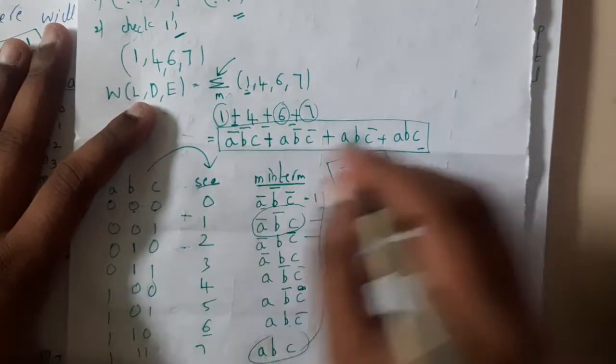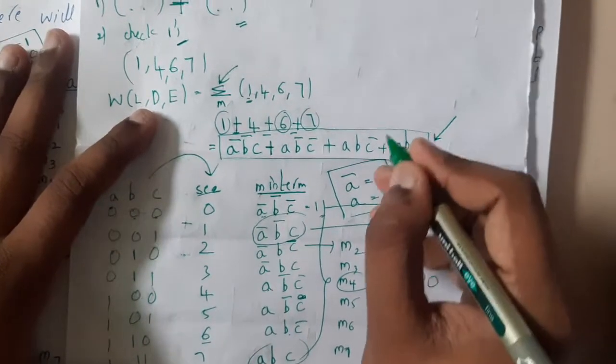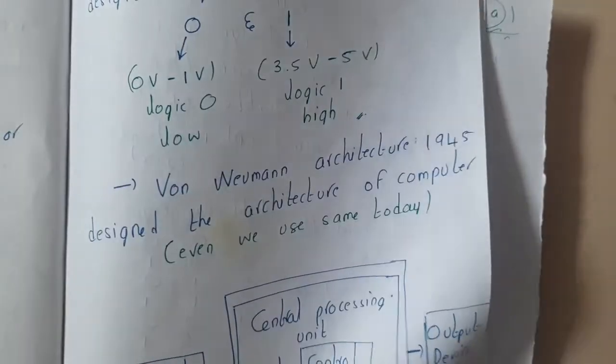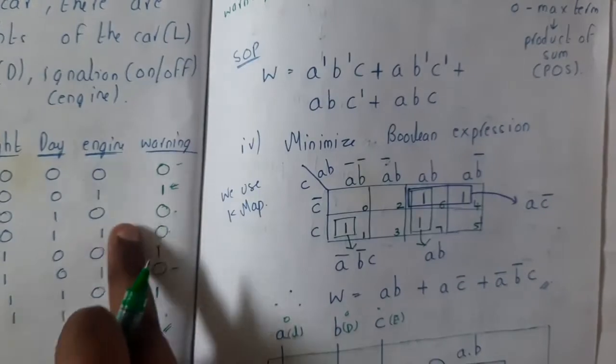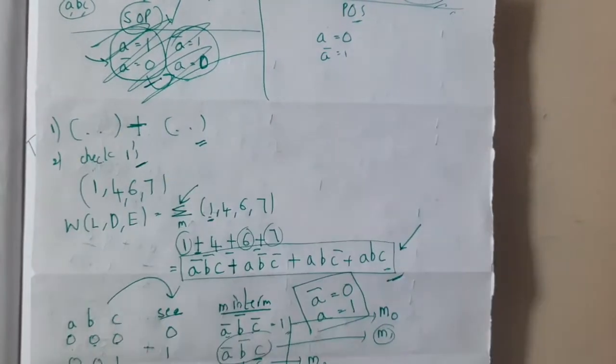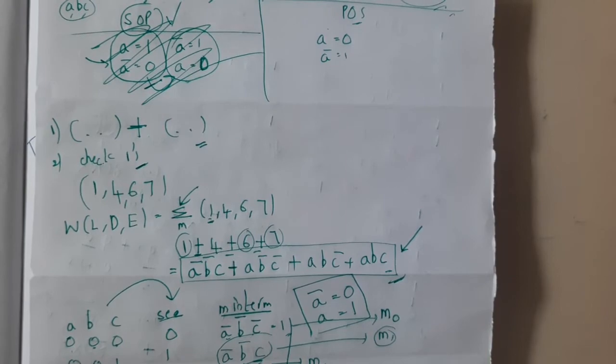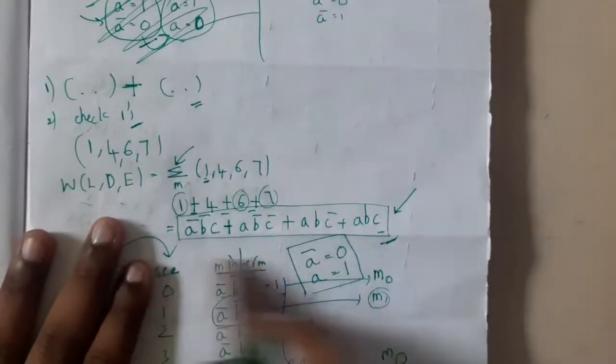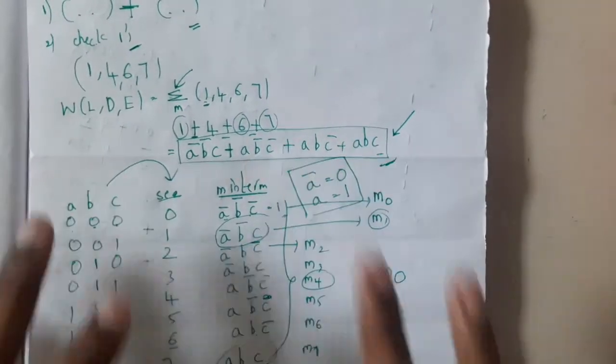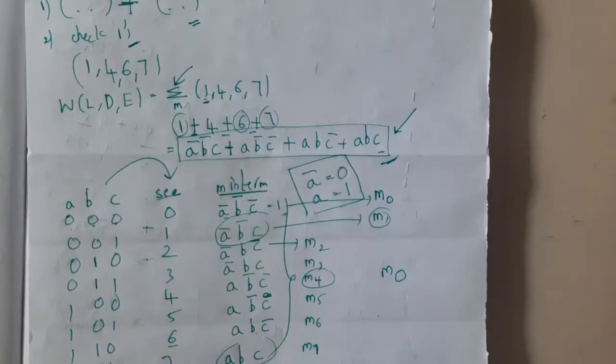Got it? Yes. So in this way, just from a small truth table, so I think the truth table is on the other page. Okay. Just with a small truth table, that truth table we have converted into an expression. So this concept is nothing but the SOP or Boolean expressions, guys. So in this way, you will convert a truth table into expressions with the help of min terms or max terms. Guys, we'll be discussing about max terms, how you can do in the next lecture.